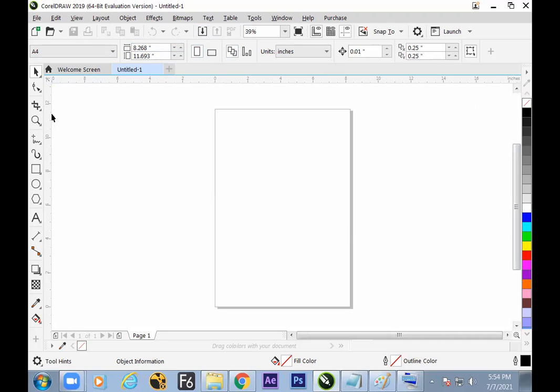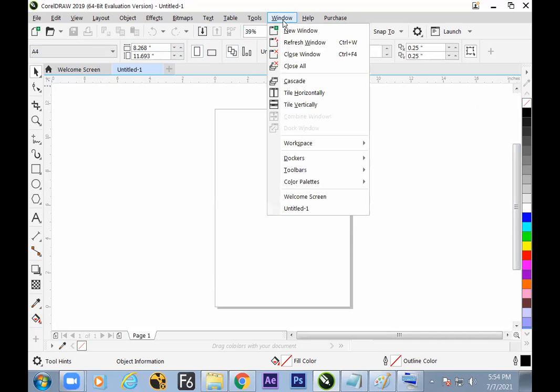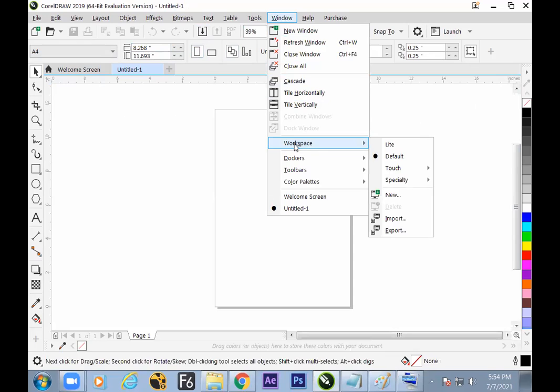Hope toolbar, workspace. Workspace is not a new thing. The arrangement of the palettes on the screen is technically called workspace. And we can switch the workspace as per our requirement. It is there in Adobe, in Windows, and in Corel also. Different types of workspace are there, and as per the requirement of the technicians, we can switch to them.